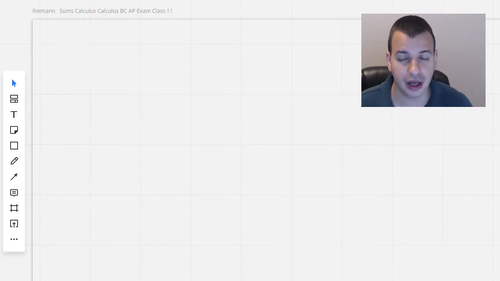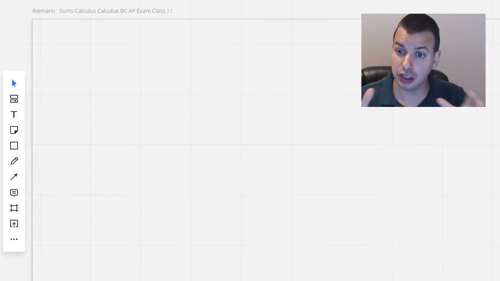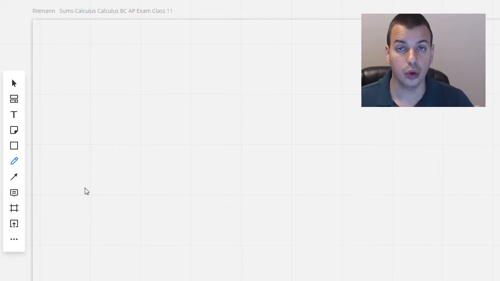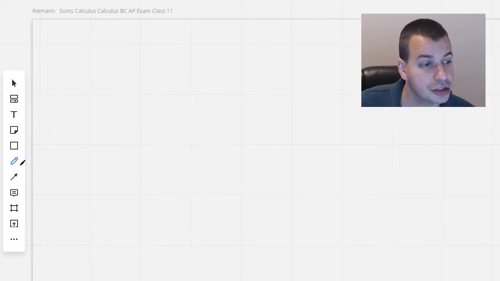So with derivatives, the big idea was we looked at slope, and from slope we were able to basically derive all the rules for derivatives. With integration, it's a similar concept, but instead of looking for a slope, you're looking at area under the curve. So the idea then